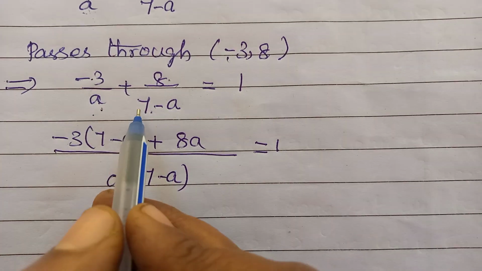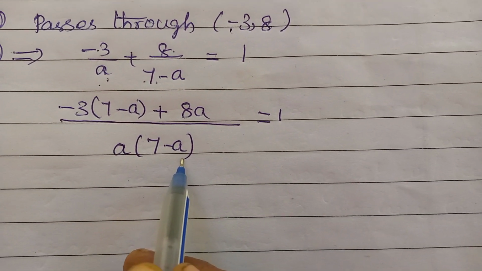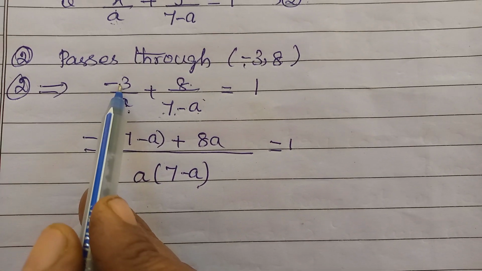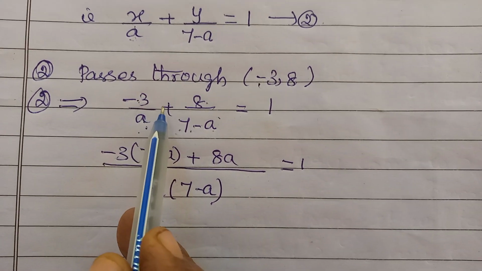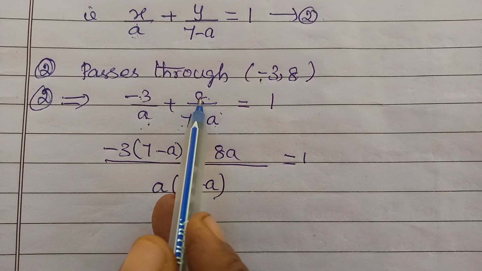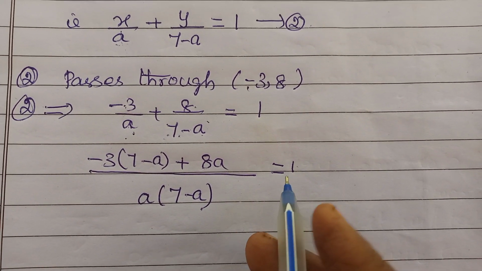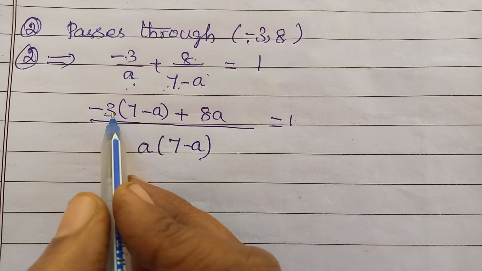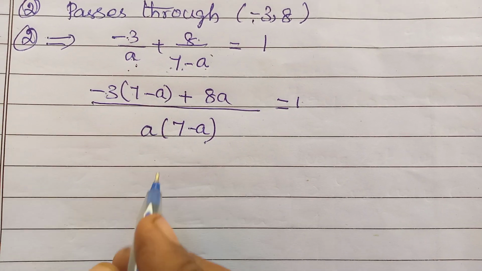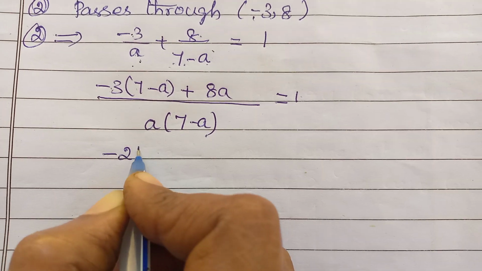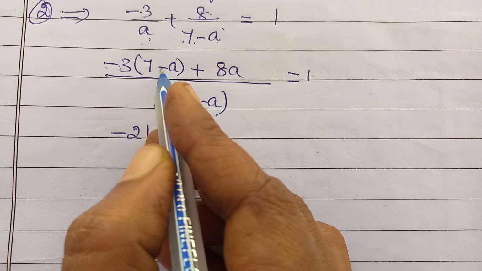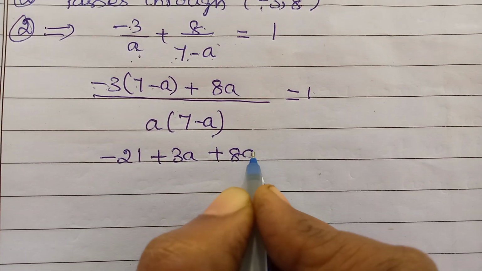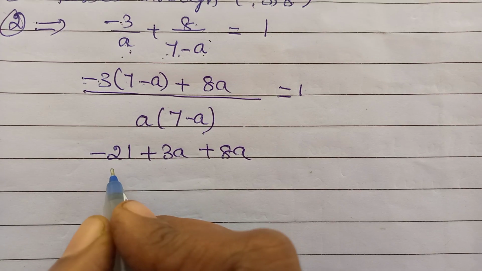LCM is a into 7 minus a. Numerator is 7 minus a into this minus 3 plus a into 8 is equal to 1. Now let's multiply with this minus 3 first of all. Minus 3 into 7 is minus 21, minus into minus plus, so 3a plus 8a, divided by,